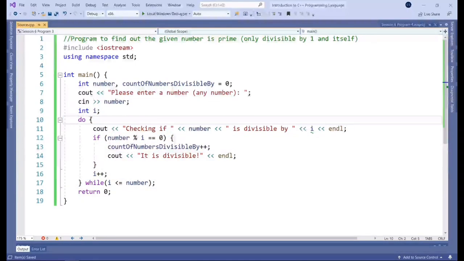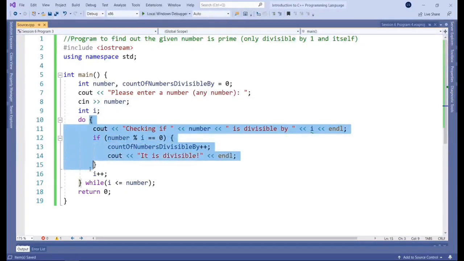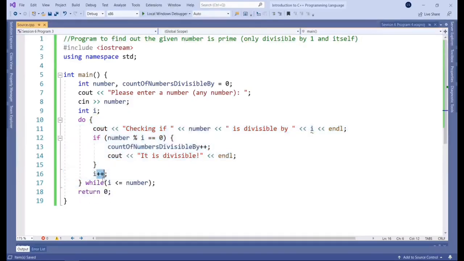Now, you could get a situation, for example, if the user enters the number 1, where this code gets executed once, okay, I will now be incremented to 2, and it will evaluate, okay, 2 is less than or equal to 1, and that will turn out to be false, right?